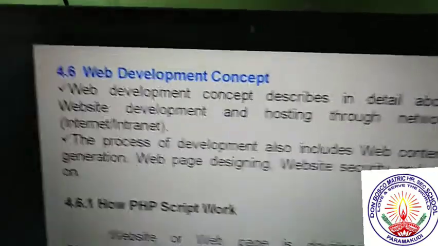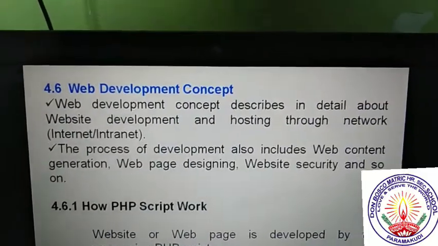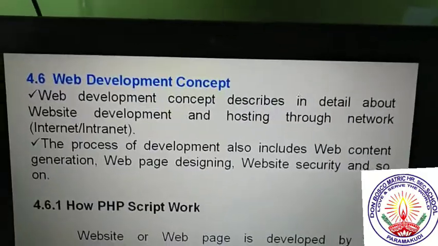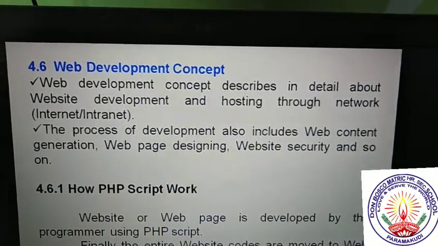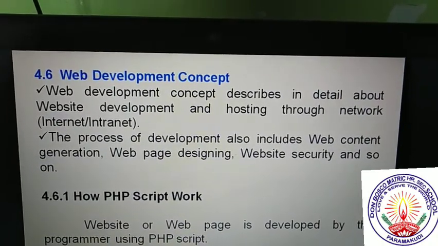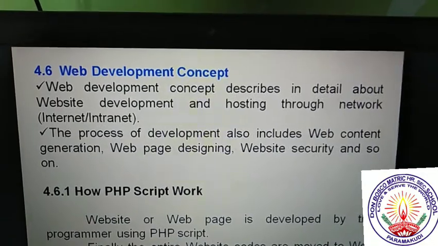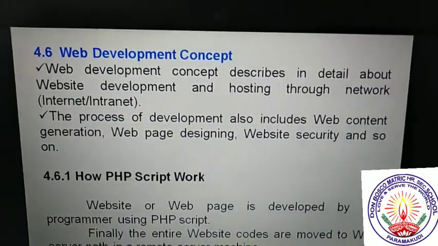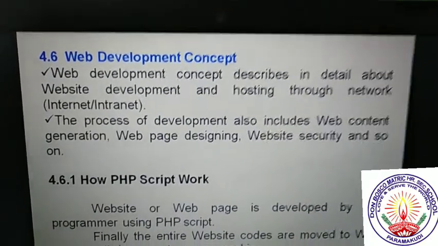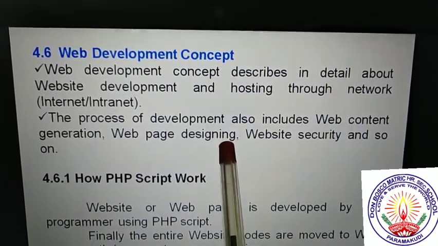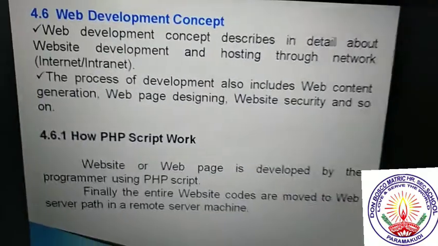So please note down in your book: 4.6 web development concept. It describes in detail website development and hosting through the network, internet.